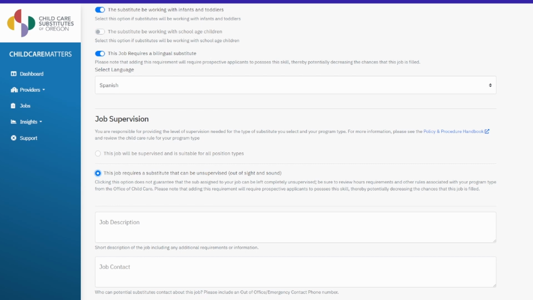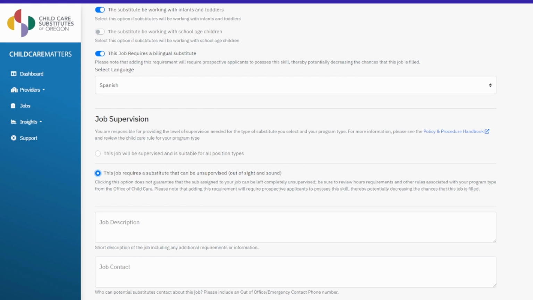Keep in mind that clicking this option does not guarantee that the sub assigned to your job can be left completely unsupervised. There are lots of different rules in licensing, so just make sure that you have reviewed and are familiar with the rules associated with your program type from the Office of Childcare. Just make sure that when you're requesting a lead substitute, that's what you actually need, because it will limit the